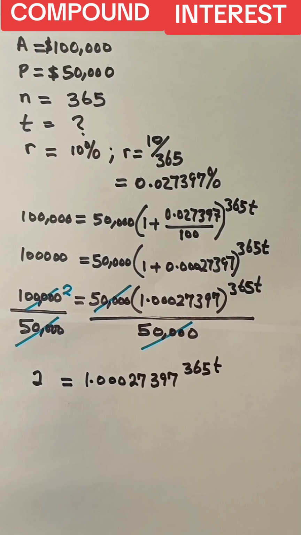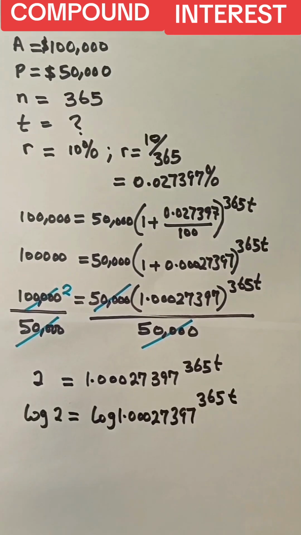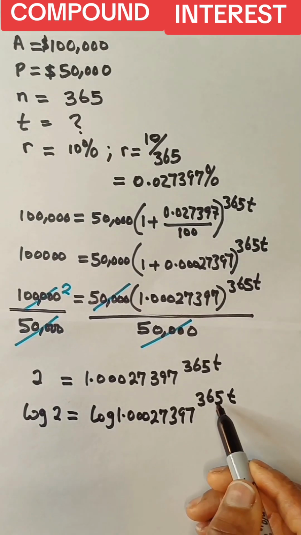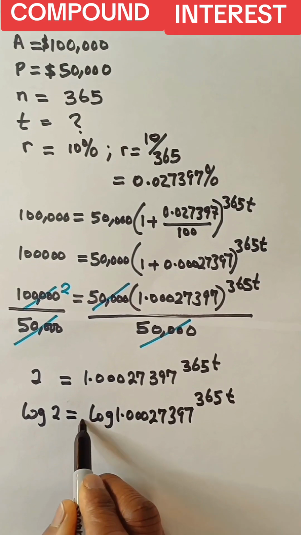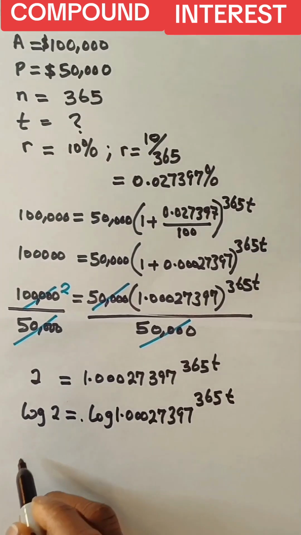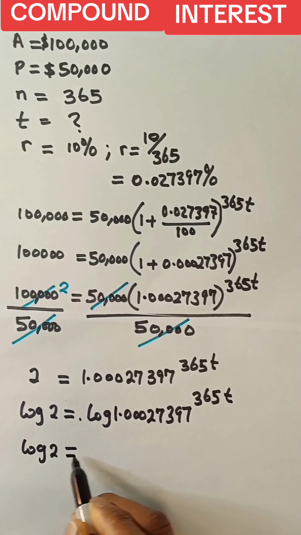Now, the next step is to take the logarithm of both sides of the equation. Now, what we are going to do next, we are going to bring this power 365T to the front here. Okay, if we do that, we will have that log 2 is equal to,